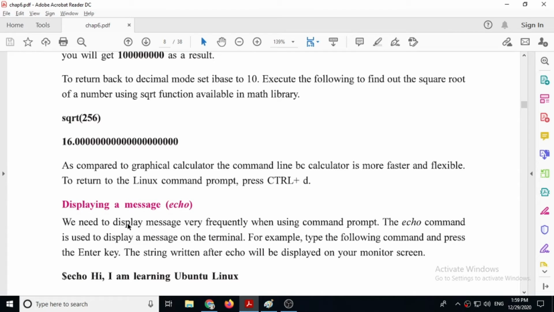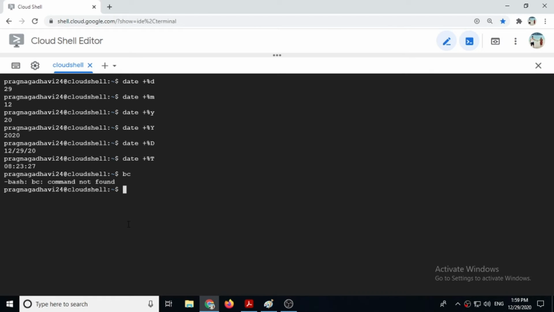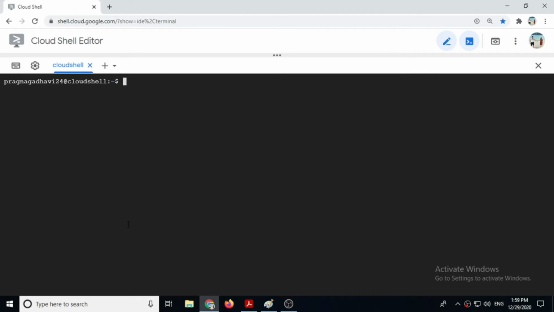Next is the echo command. Now let's see how the echo command works. I'll give the clear command. If you want to print something, then you can give echo, space, then inside double quotes you can give "hello, how are you". You have to complete the double quotes. Actually, double quotes are not compulsory. If you don't give them, it doesn't matter. But if you start them, then you have to complete them. Enter. Then it will print your message: Hello, how are you?